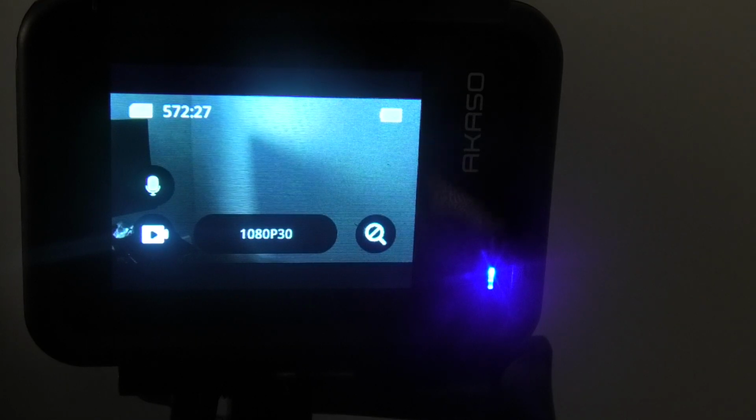Now that I went through all that, setting the frame rates and resolutions on the Castle Brave 7 action camera, I'm going to show you there's even a simpler method to do it. You see that 1080p 30 there in the bottom center of the screen? I'm going to tap that now. Okay, and you can see video resolution. Perfect. And I can go through those.